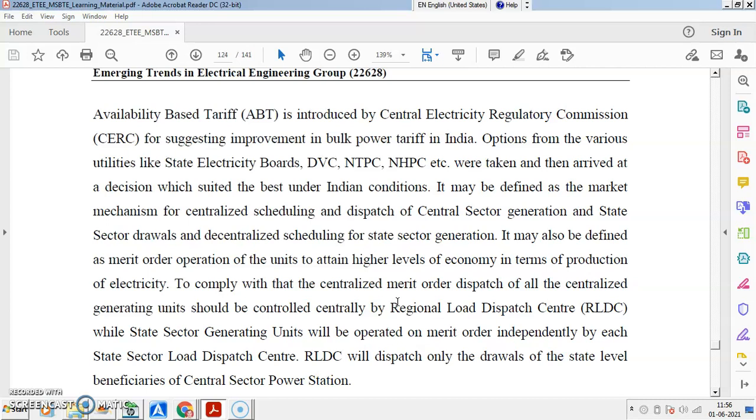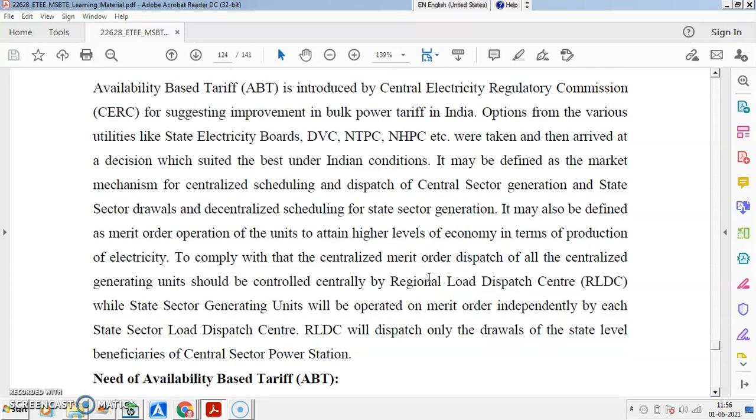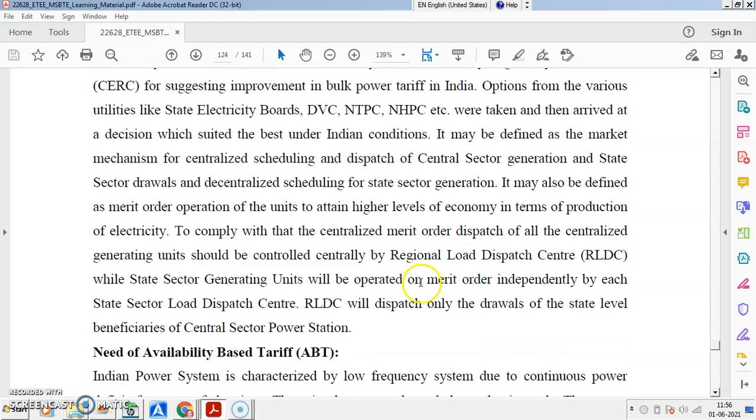When demand is high, frequency goes down, below 49 hertz. Below that, it is very difficult to maintain the system. So normally RLDC gives an order to curtail the load. Curtailment of load is done when frequency is to be maintained. If some generation is available more than demand, RLDC will give orders to switch on some bulk loads so that frequency will be maintained. So this is what is done in ABT.